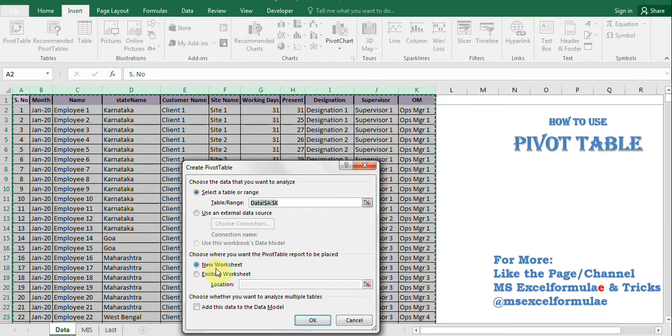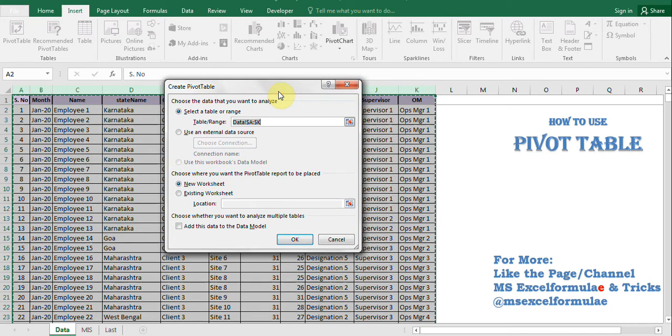If we use a new worksheet, a new sheet will open where you can build the pivot. Otherwise, if you have used multiple MIS reports from one single data and you are using one single sheet, then you can define a range where the pivot table is required.